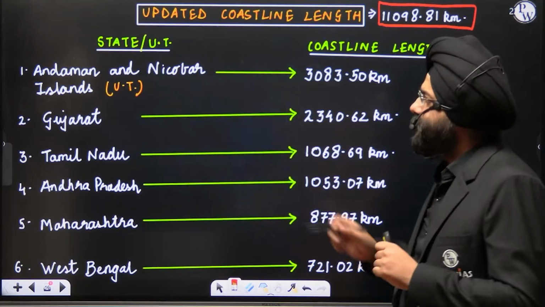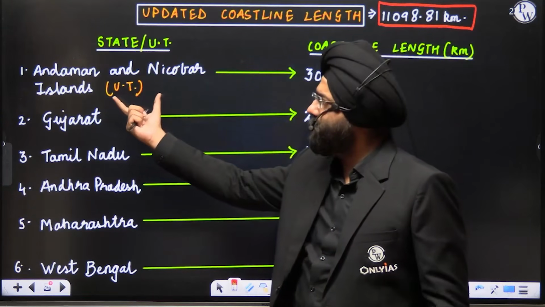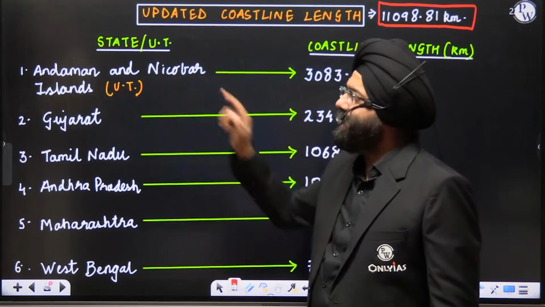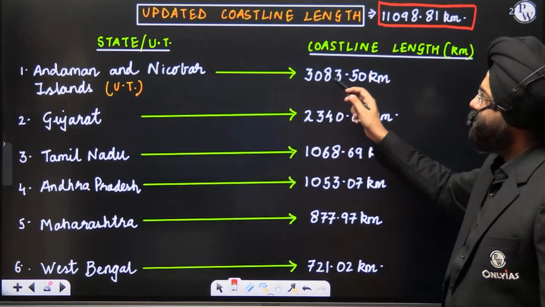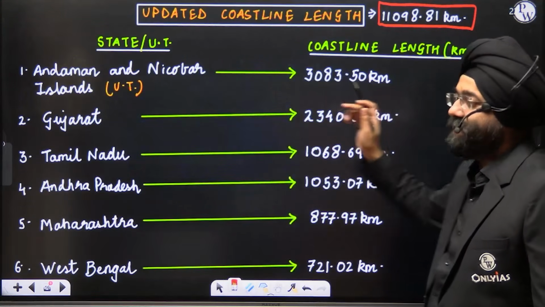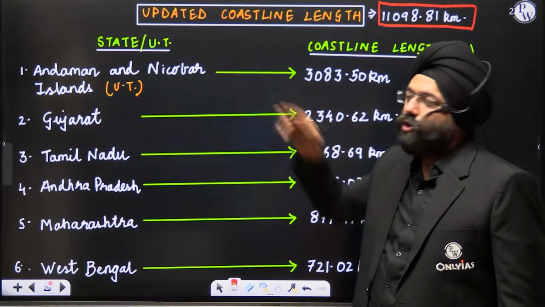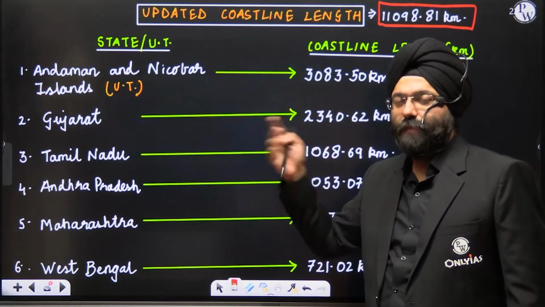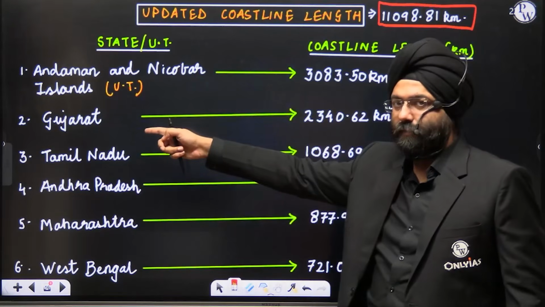So if you see, this is state versus union territory. Wherever there's a union territory, I've written them in brackets. Andaman and Nicobar Islands have a coastline length of 3083.50 kilometers. That is the maximum overall. With respect to a state, it is Gujarat. Gujarat has